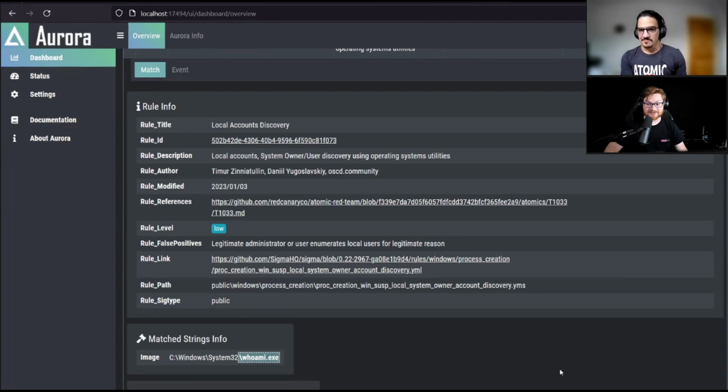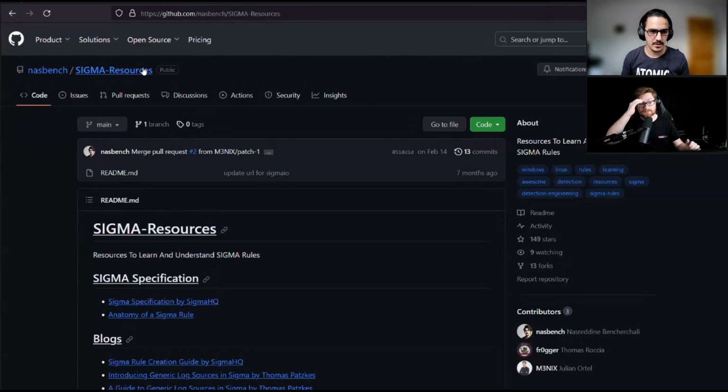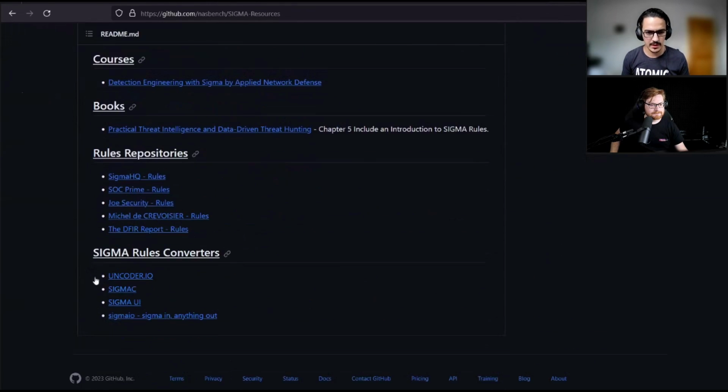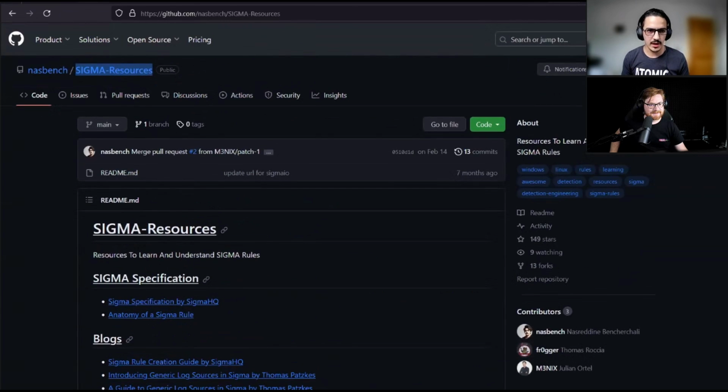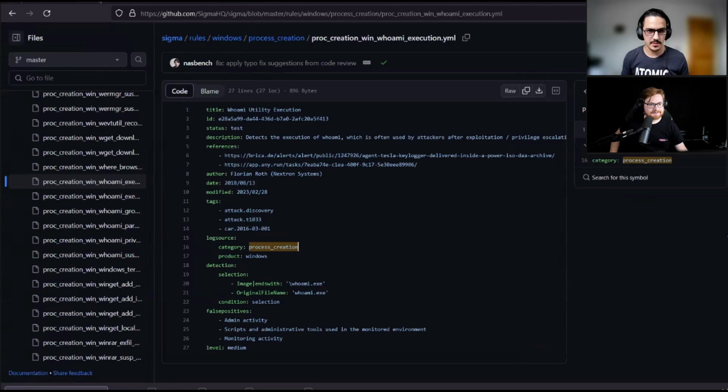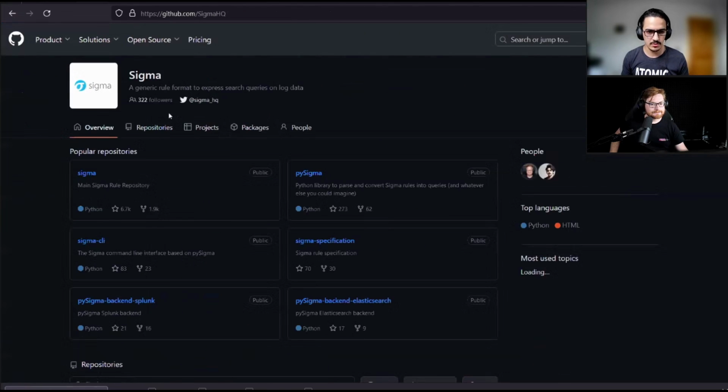Do you think that's the showcase? Any other resources, any other sweet stuff that folks can learn a little bit more about it? You can go learn a little bit about Sigma with this repository, Sigma Resources, that has a collection of stuff you can use to get started in Sigma. You can check out the Sigma repository here, SigmaHQ, which contains the Sigma specifications.